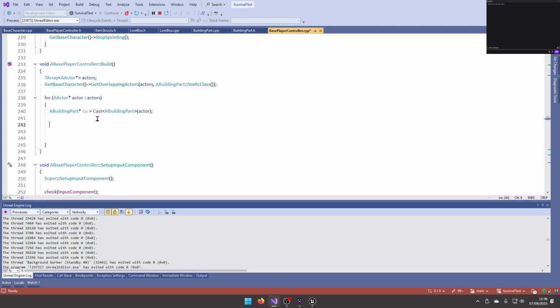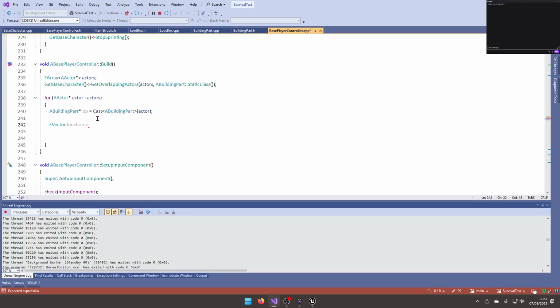So let's keep it easy. We want to go where we're looking and a fixed distance away from it. How do I do this in other places? So we want, it's an FVector